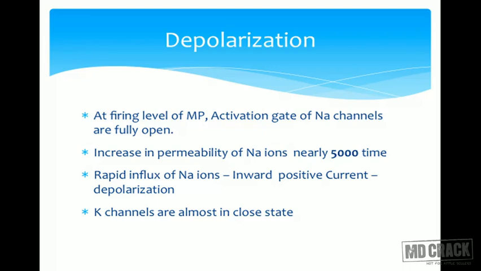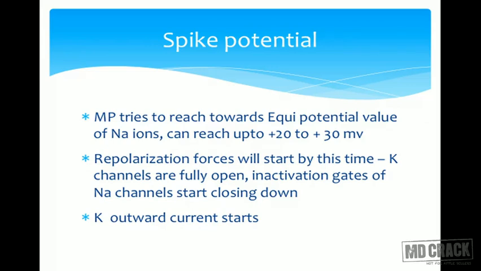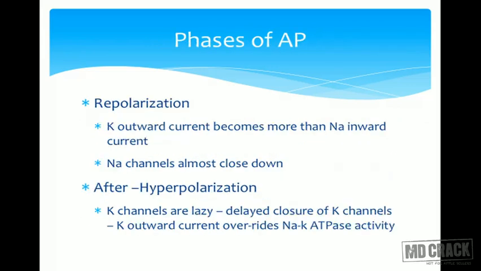If it were only in the hands of sodium, it would take it up to plus 61 millivolts. But what happens now? The inactivation gate of the sodium channel will start to close down. Not only that, but the lazy potassium channels are completely open now. Inside has become positive and outside has become negative because of the influx of sodium ions. And now the concentration and electrical gradient for potassium is directed outside. So there is rapid efflux of potassium starting now, whereas the sodium influx will decrease.